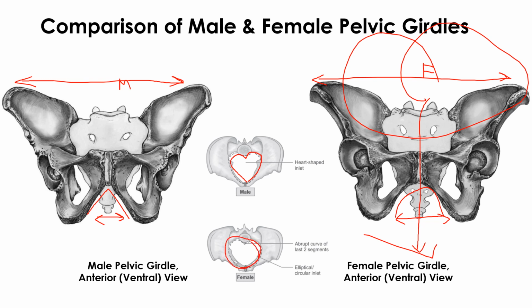This is circular and larger in size. There is an abrupt curvature in between this circular pattern. So this is the difference. The pelvic cavity is conical and funnel shaped in males, and it is round and broad in females. The pelvic outlet is smaller in males and larger in females. Obviously this is the size.